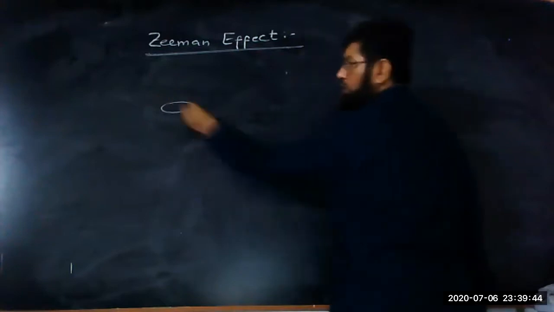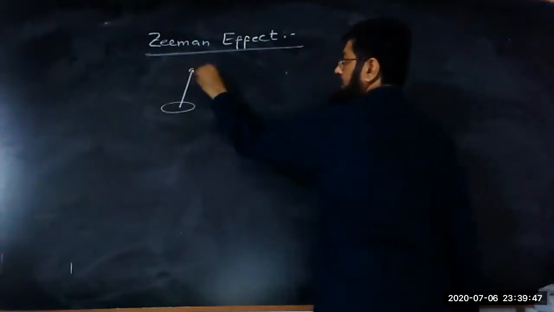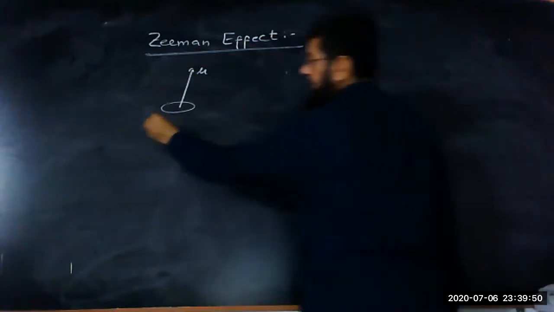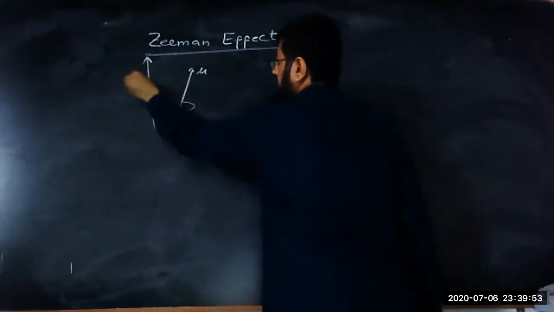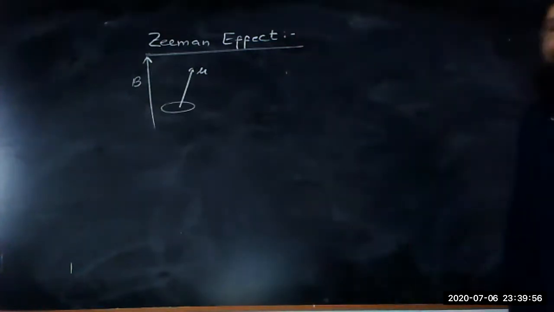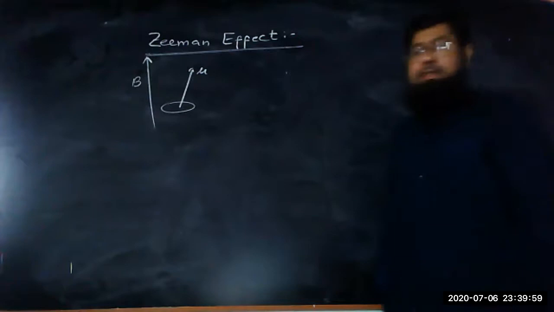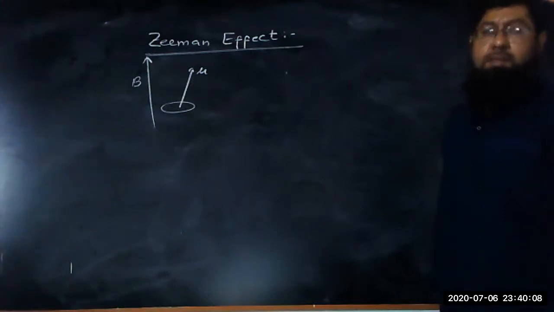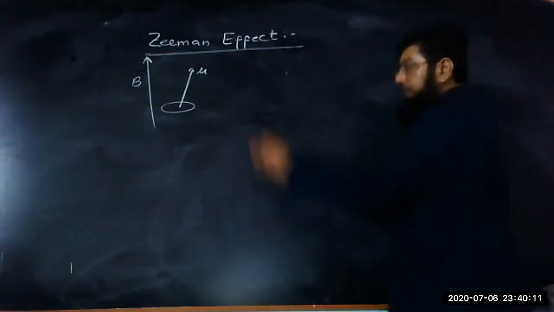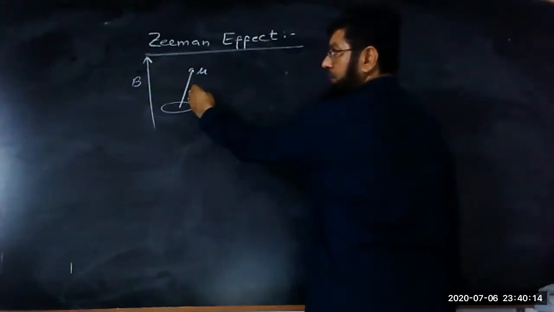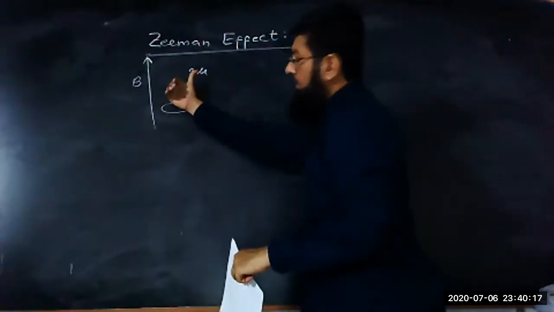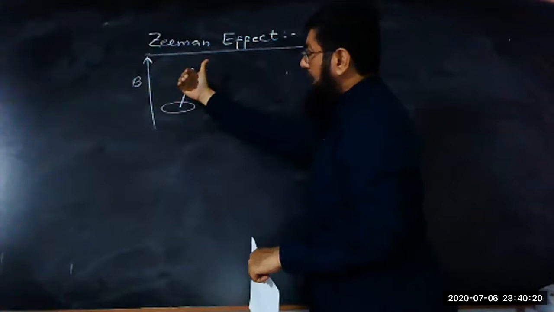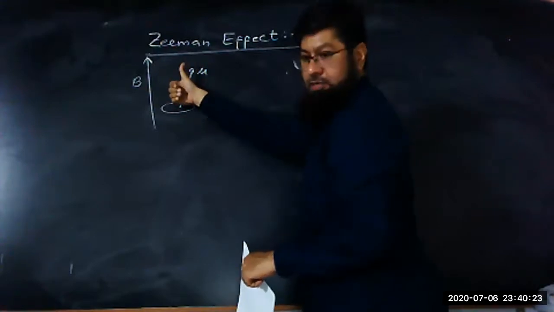Here, if we say that this is the atom whose magnetic moment is in this direction, and this atom is placed in a magnetic field B, this B is the external magnetic field. As a result, this magnetic field tries to align the magnetic moment along the direction of the magnetic field or opposite to the direction of the magnetic field. So when this circulating electron, whose magnetic moment is in this direction, is placed in a magnetic field,